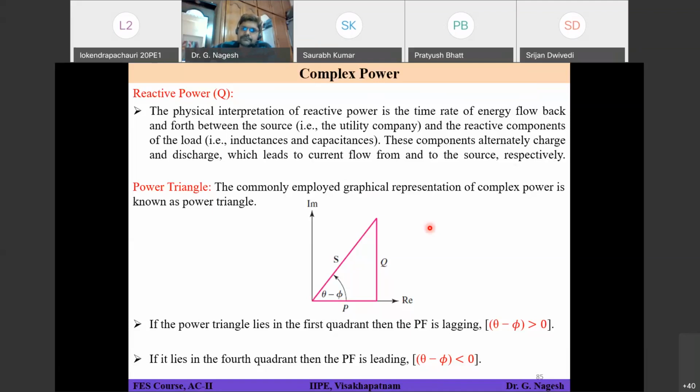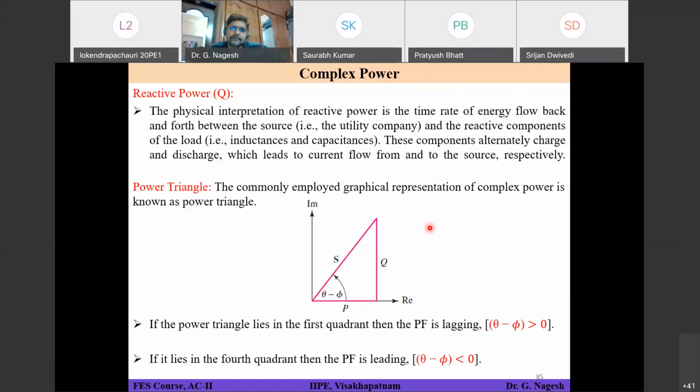You can call it oscillation energy because when it is flowing into the inductor, obviously your inductor is absorbing energy, and when it is delivering back from inductor to source, energy is delivered from the inductor. Sometimes it is charging, sometimes it is discharging. Even for inductor or capacitor, this is what is going to happen. But over one time period, how much it has charged, it will again discharge. So you understood? It is something like oscillations between the source and the load.